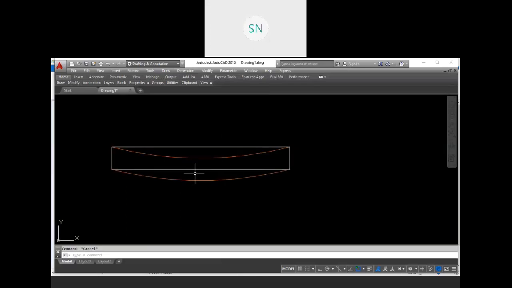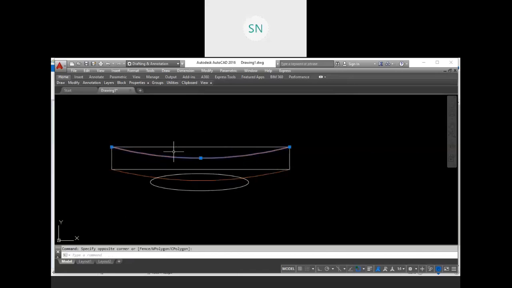Here we have two types of area: one is the compressed area and one is in tension. If I create an ellipse, this much portion will be in tension, and on the opposite side, this portion will be in compression.